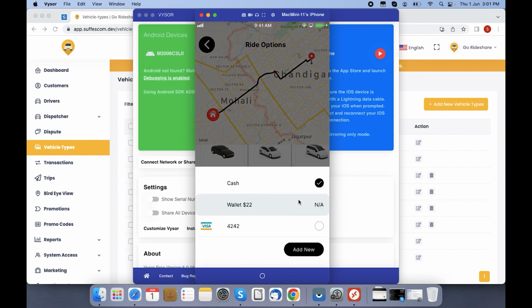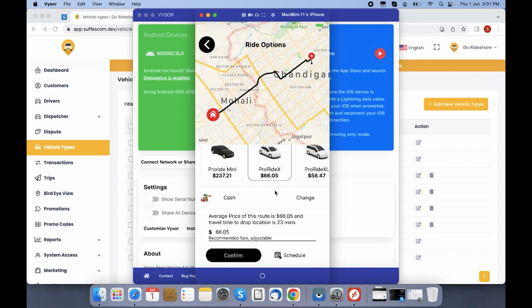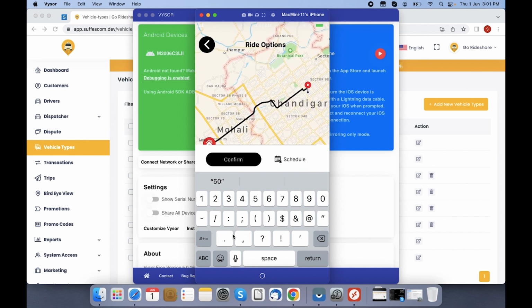I can select to pay by cash, by wallet or by card. I'll select cash only. Okay, now the recommended price calculated by the platform is approx $66, but I want to just say for example offer $50. Let's see if the app allows that or not. So this is $50 and